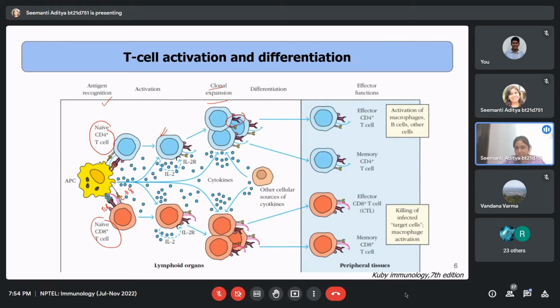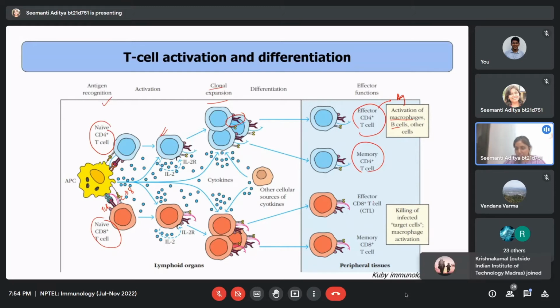This T cell will then go and become the effector T cells, and also memory T cells. So this is the same T cell that is going to be divided into two parts: memory T cell and effector T cell. Memory T cells will last in your immune system for a longer period of time, and effector T cells are going to just go and attack the antigen and will kill the antigen producing cells or the pathogen. So these CD4 cells are mainly associated with the activation of macrophages, B cells, and other cells,